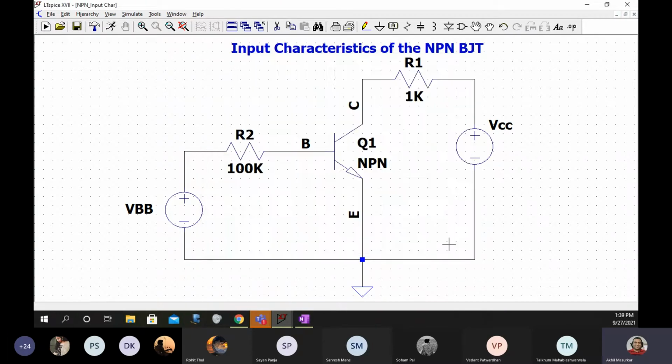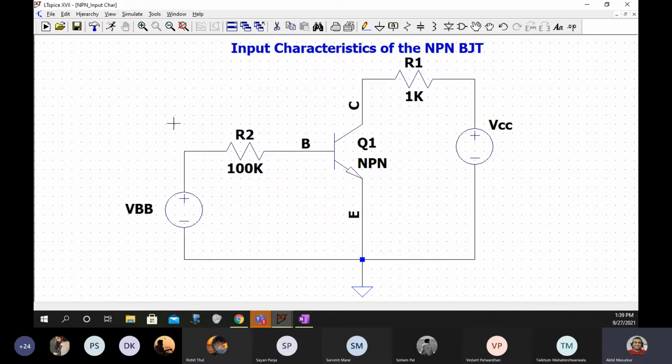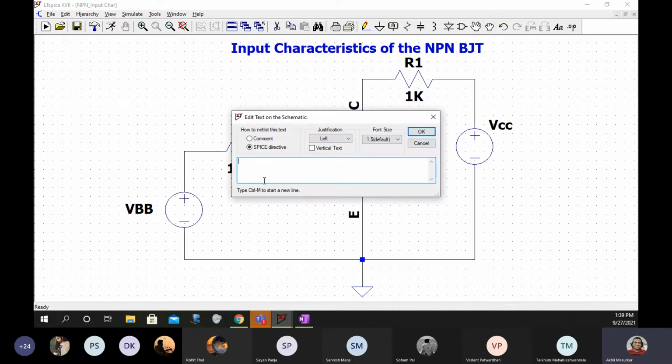We will not give a fixed value to the source. If you say it is sinusoidal, it will ask you for amplitude, frequency, everything. We say don't worry, I will step it the way I want. When you select none, the V which was there below it will go away. Now we will write one statement, that is .model.